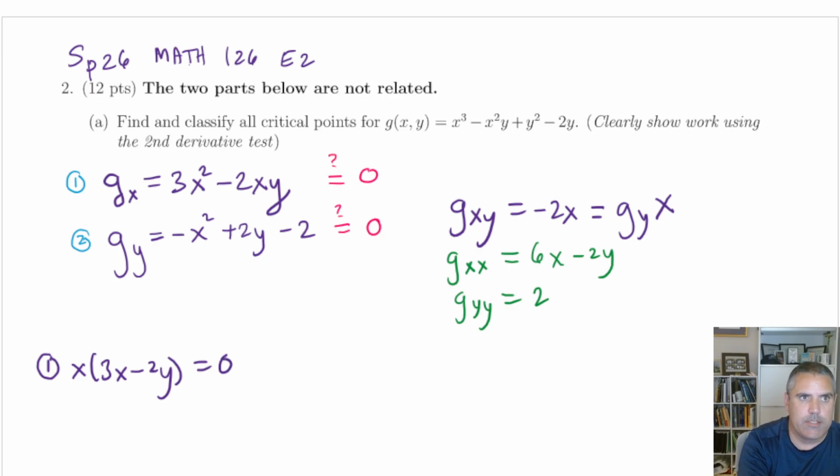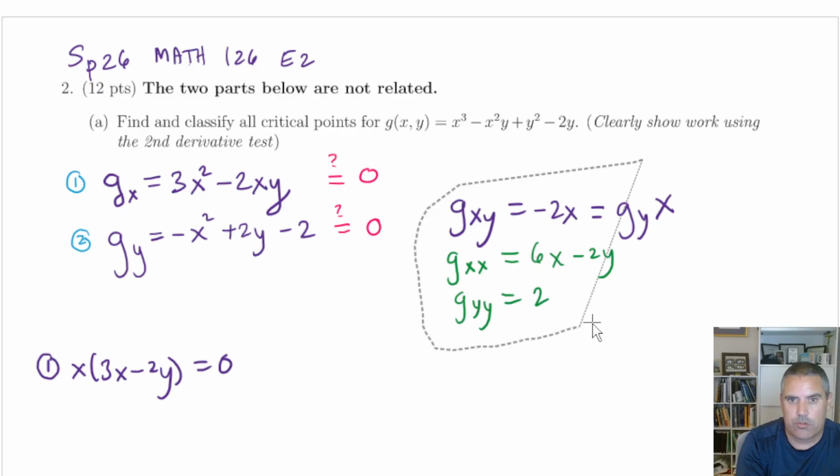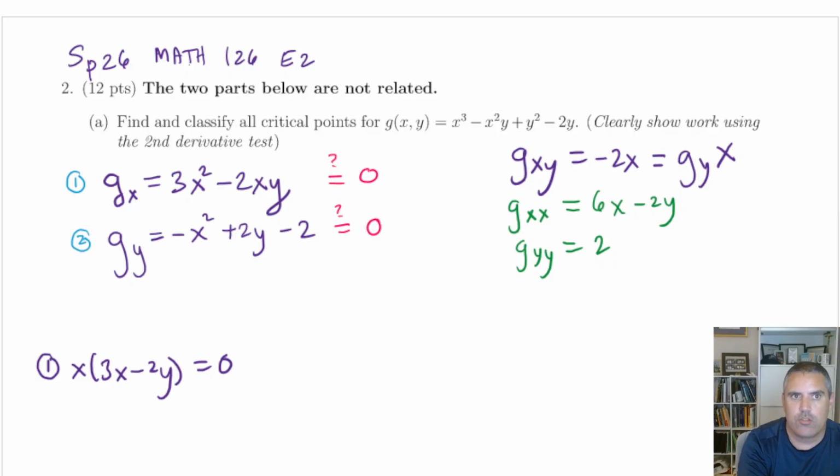I really strongly encourage you to do just like I do in class and organize your cases so you're not randomly putting things together. You say one possibility is x is 0, another possibility is 3x minus 2y is 0, which we then usually solve